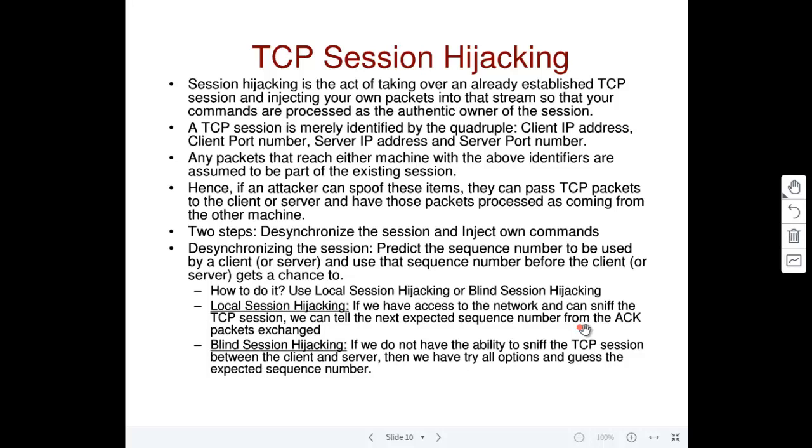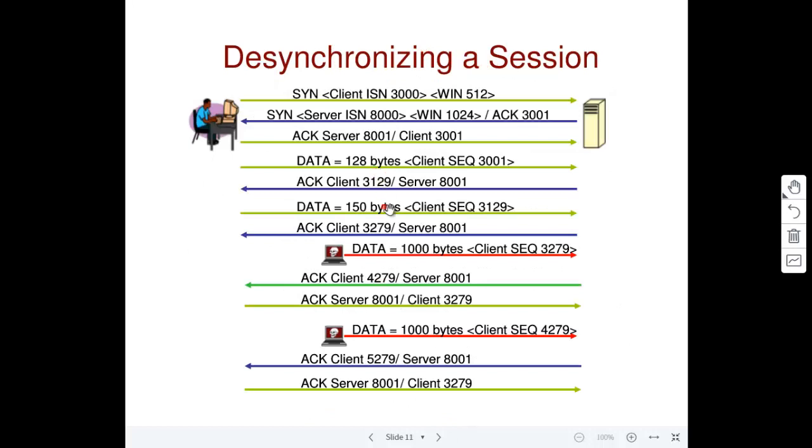Now if the attacker is not in the same network as the client and server, things become difficult for the attacker. So he has to do something called a blind session hijacking. That is nothing but the attacker has to guess the possible sequence numbers and try to hijack the session. So here we are going to assume the attacker has guessed the right sequence number, and we are going to see how the attacker is going to hijack the session. But if the attacker has not guessed the right sequence number, he cannot do what we are going to see. He has to first guess the right sequence number, so he has to go through a trial and